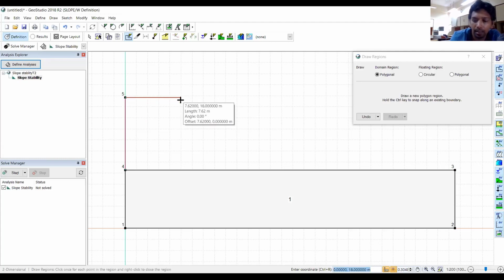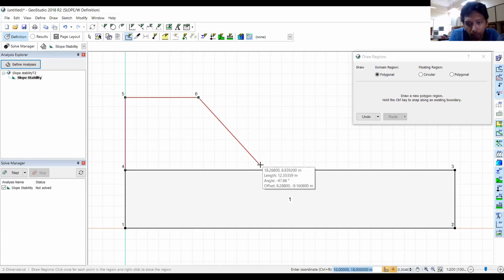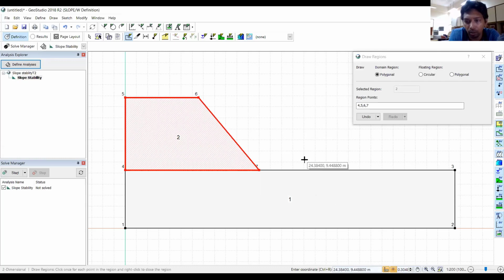Now it will translate to a horizontal distance of 10, so this point is 10,18. Now just note it. We know the slope angle in the problem. If you see the slope problem clearly, the slope is given as 50 degrees. By moving the cursor, just notice the angle is coming, so you can precisely locate it. So this is 50 degrees. Now the embankment soil is created.